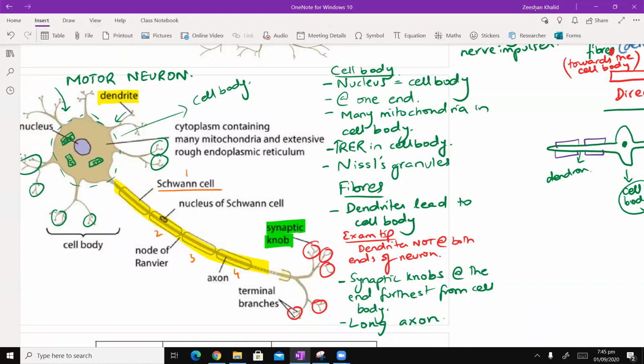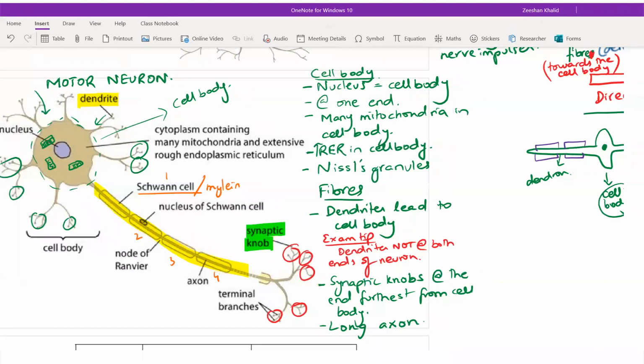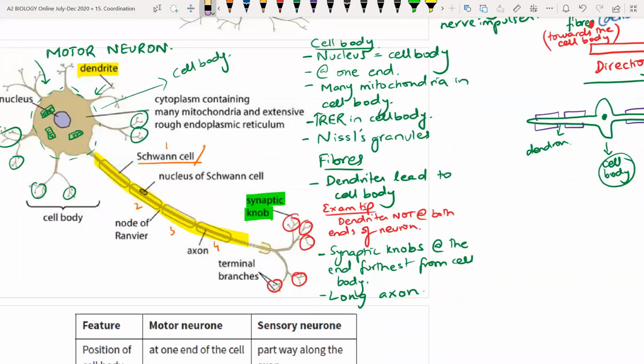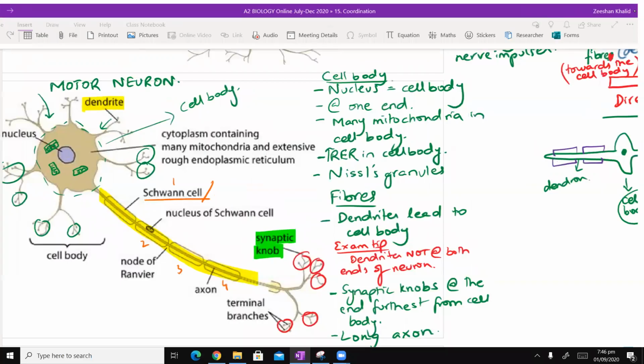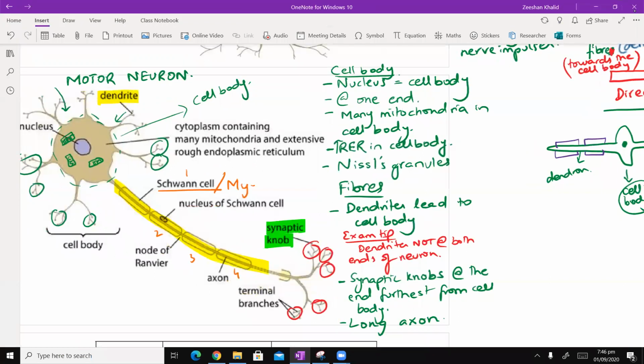Schwann cell को हम myelin sheath भी कह देते हैं, so I'm using the word interchangeably. Let me slash it with myelin. Okay, just myelin or myelin sheath should do. माइलिन की स्पेलिंग मैंने गलत लिख दी है, ठहरो, स्पेलिंग जरा सही कर लेते हैं, let's not be bad at spellings. This is myelin. Okay, so these gaps in between are known as the node of Ranvier. ये नाम किसने रखे हैं मुझे नहीं पता, लेकिन बहरहाल these are the names that have been coined.